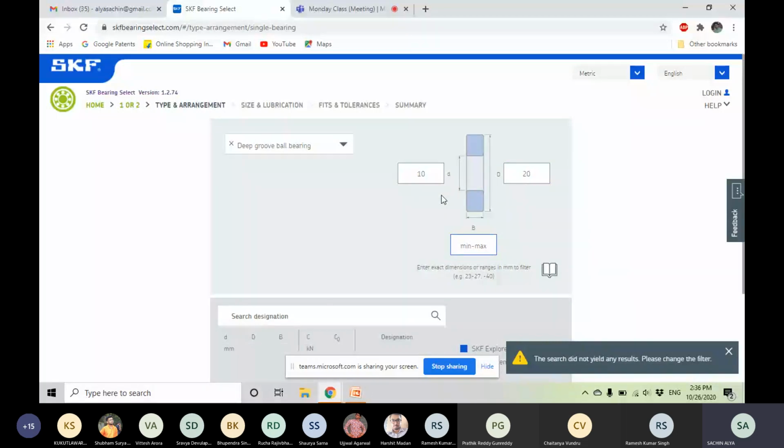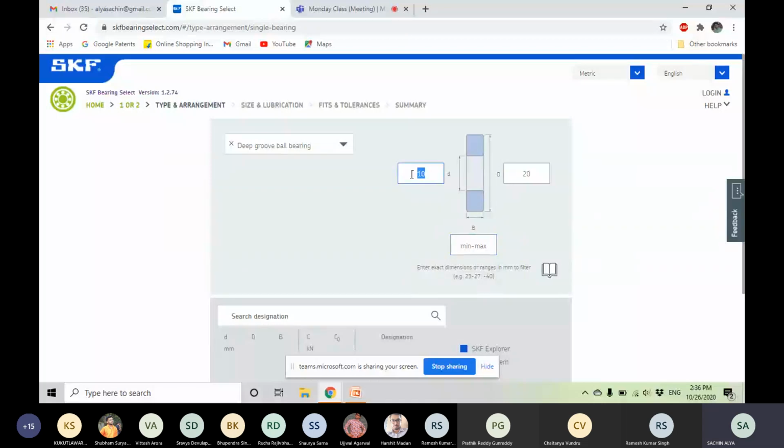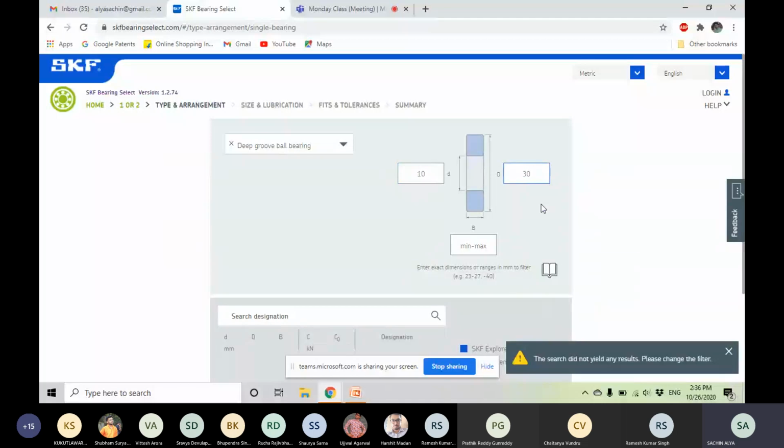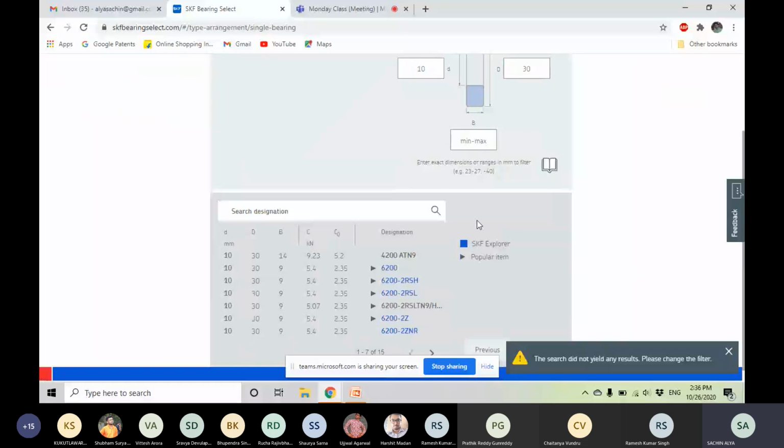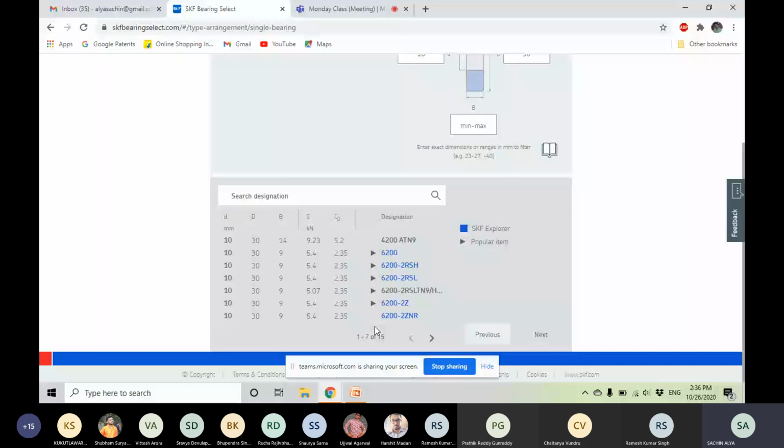So if we say I need a 10 mm inner diameter and 20 mm outer diameter, there are no bearings in that SKF catalog. So we will have to revise our design. So let's say we'll put 10 here again, and let's say here we put 30. Okay. So there are multiple bearings which are available. There are like 15 bearings, out of which we can select any one based on our requirement.